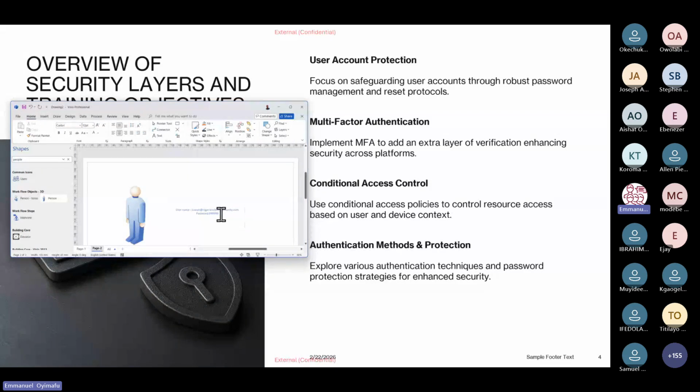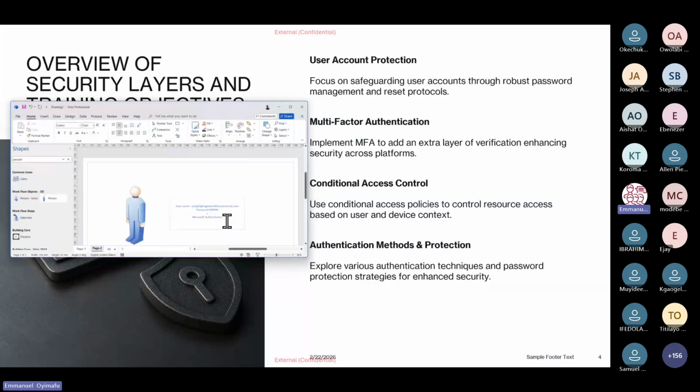So if I come down, I can add, let's say, Microsoft Authenticator. Or maybe if the person is not using Microsoft Authenticator, you can just put, let's say, SMS or phone call.